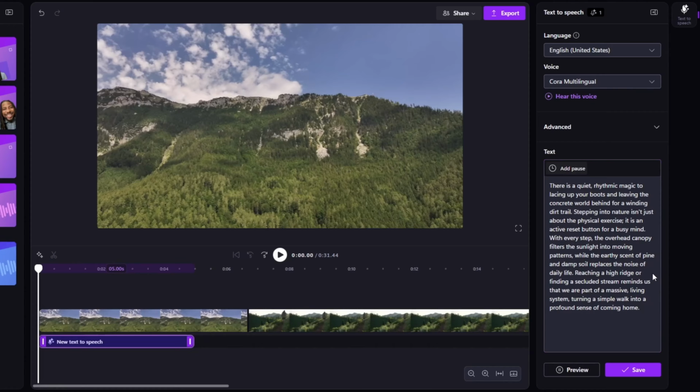There is a quiet, rhythmic magic to lacing up your boots and leaving the concrete world behind for a winding dirt trail. Stepping into